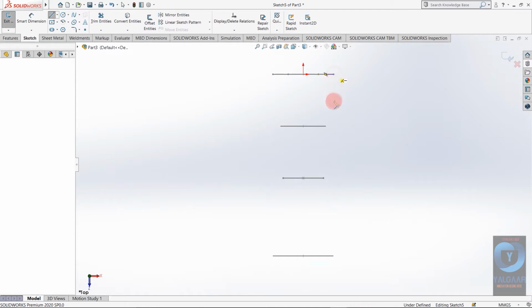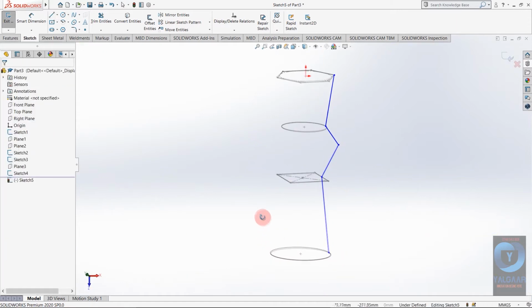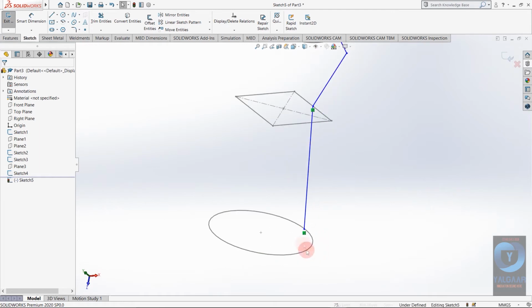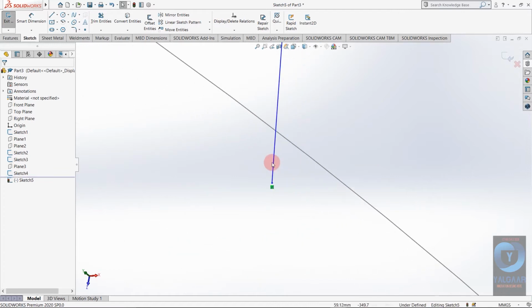I'm just going to connect these points. As you can see, these points are coincident with this profile, but they are not pierced. So I'm going to just give command pierce, because as you zoom in, you can see there is a difference between both lines.